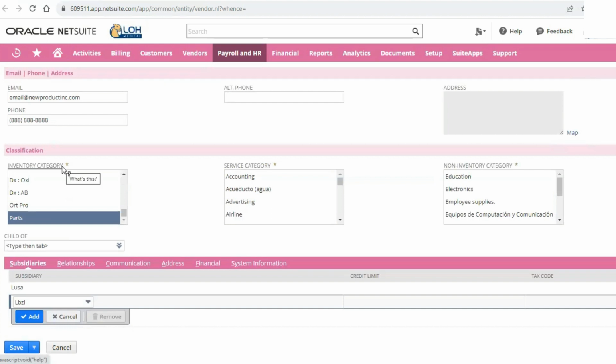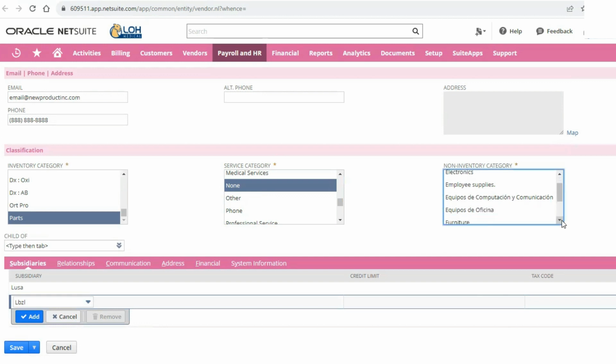So that's an inventory category. A service category would be any service provided. So if it's an accounting firm or a lawyer, utility, you would choose from that list. And a non-inventory category, electronics, employee supplies, furniture, if it's like a vendor for any of these items.